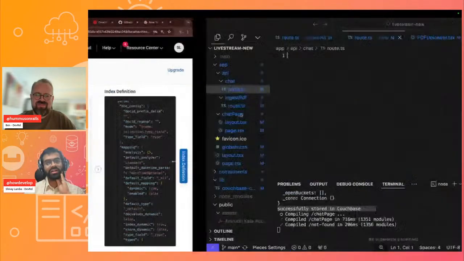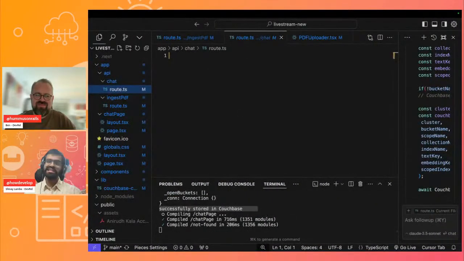Okay, so the last thing, which is actually the biggest thing that we have to do, is now we have stored successfully all of our files inside of the vector store. So perfect. That's our first step. Now we have to retrieve them, and in order to retrieve them, we'll now create this chat API where,